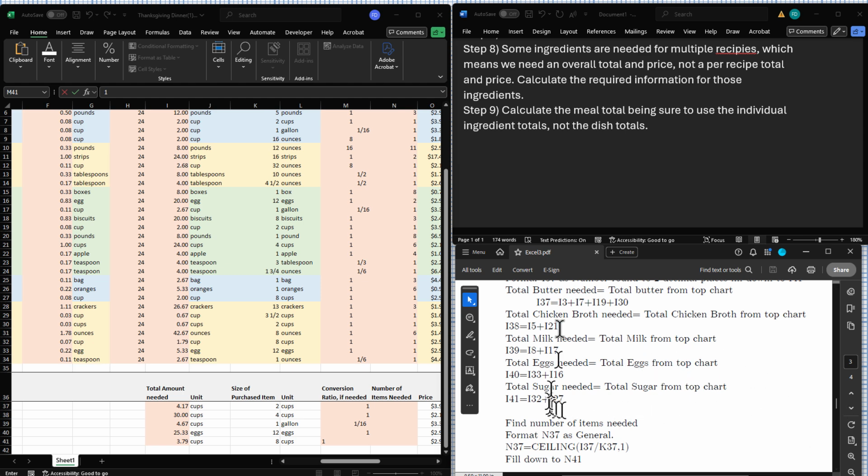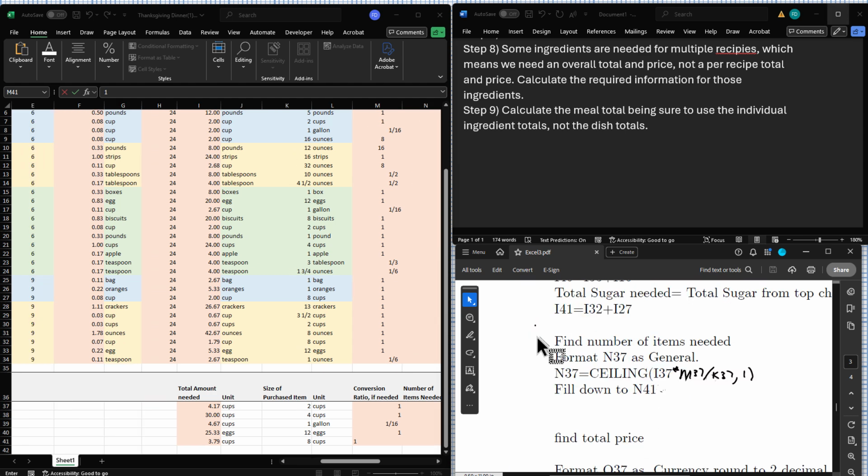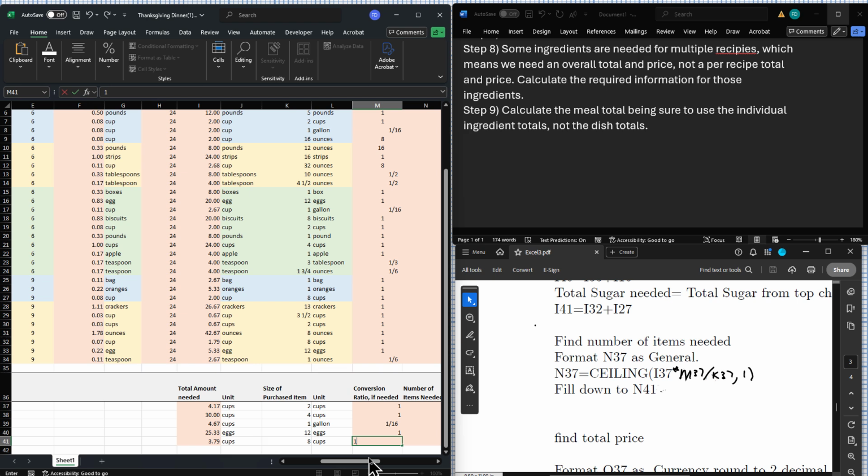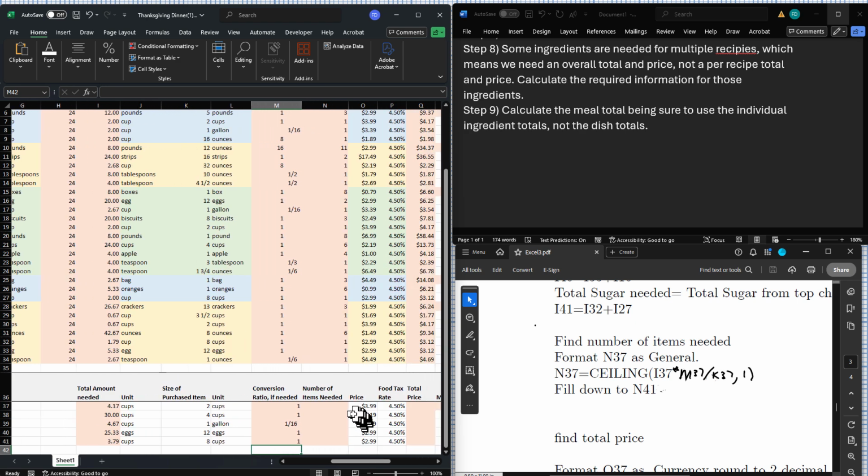Okay. And then it says here, number of items needed. Find the total number of items needed. We just check to see that the N37 is normal, and I'll hit enter there. N37 is located here. So N37 is equal to